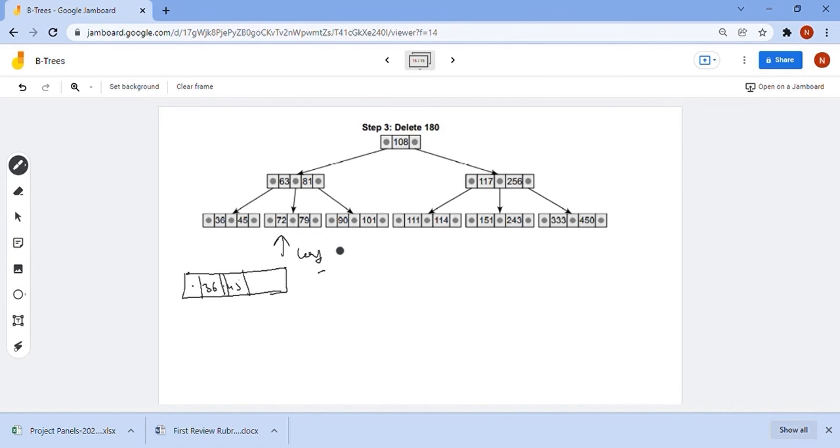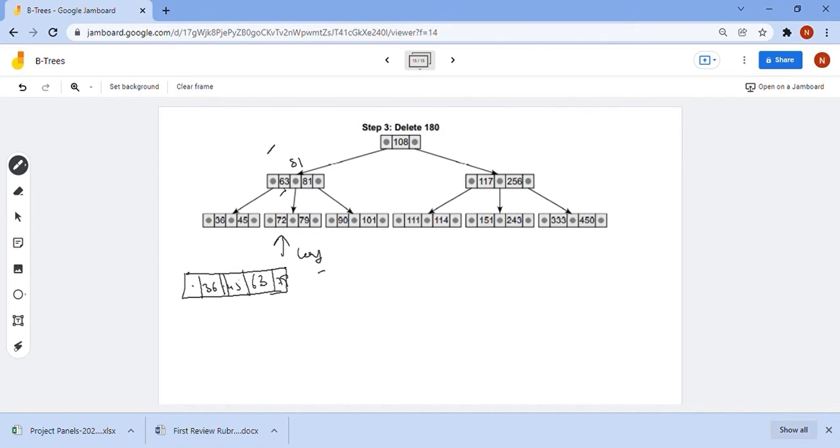That is, 72 is deleted, and with 79, and also the intervening element of the parent node, that is 63, we need to create a new node. So by pulling this 63 to the leaf node, now this node contains 81.